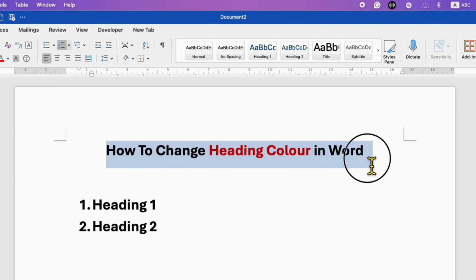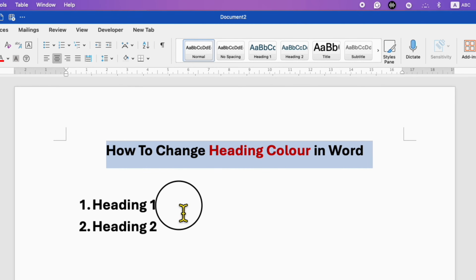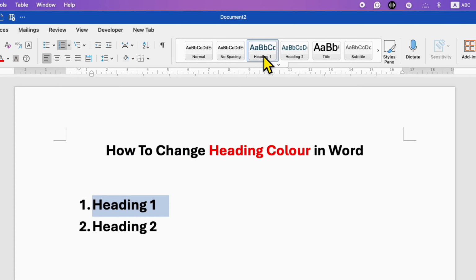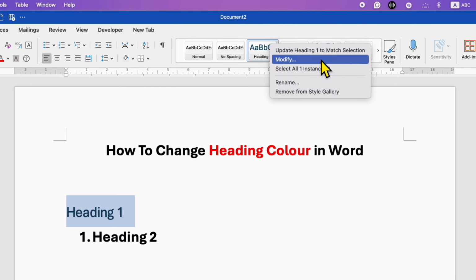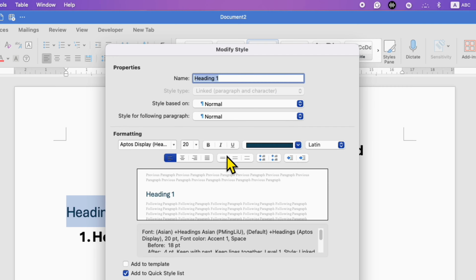Change heading color in Word document. When you select the heading and then click on the heading 1, the font color and the font size changes. To fix this problem, right click on the heading tab, click on modify, and here you will see the option